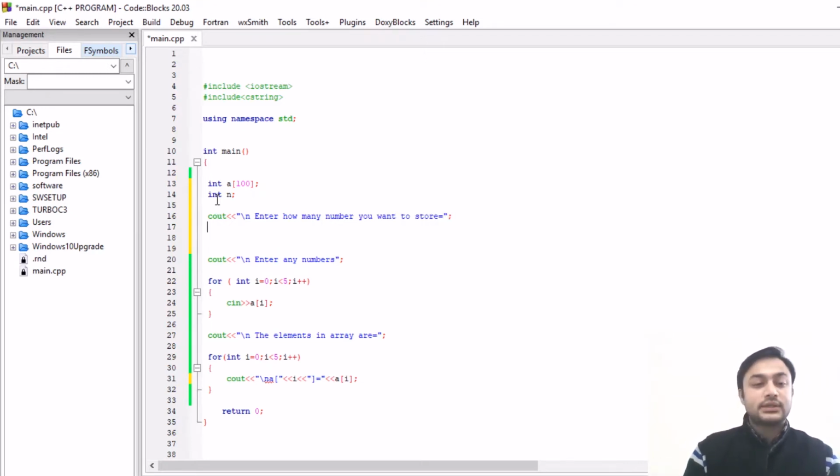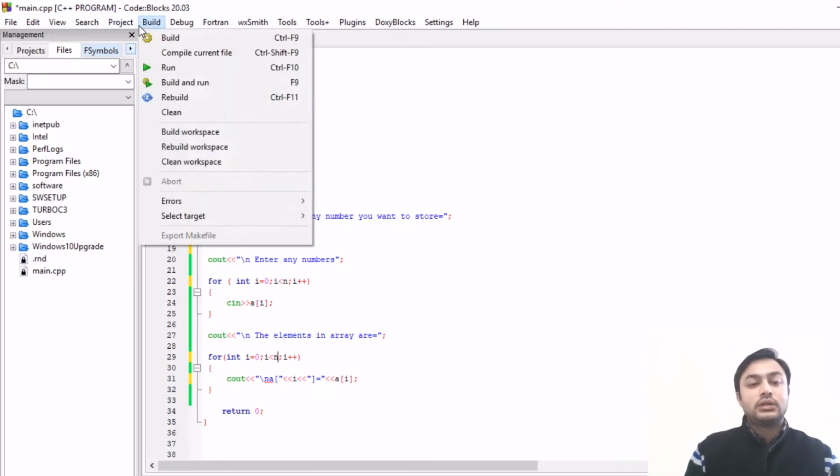So this is a message. Then cin >> n. Now the user at runtime decides how many numbers he wants to enter. So this time it will not be 5, it will be n. Again here it will be n. So this is a general program.